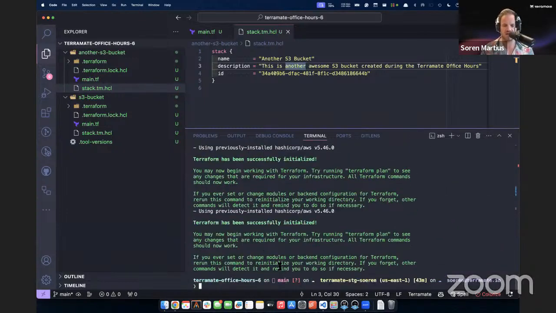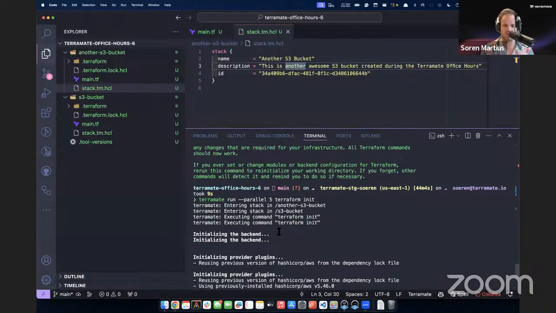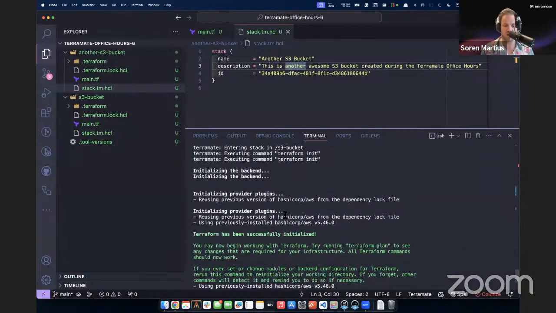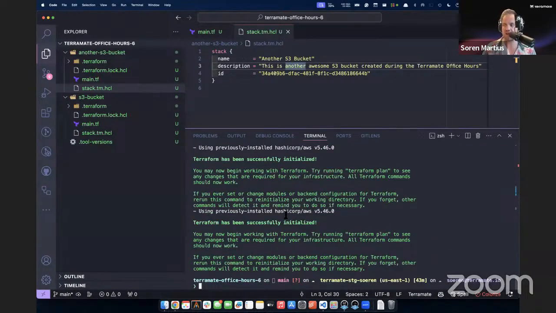So I do this, and now what we can see is that the output is just random, of course, which is a problem that we solve with Terramate Cloud, right? So if you want to rely on parallel execution for drift detection or whatnot, this output will become unreadable in the terminal. But if you pipe this to Terramate Cloud, it gives you a nice representation of